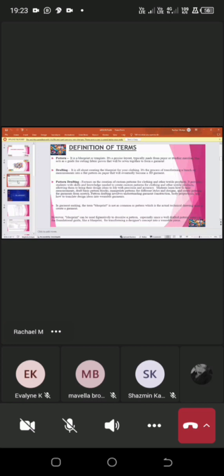Here, students are able to learn how to take measurements. The second thing is to draft pattern blocks. The third thing is to manipulate these patterns for different styles and design, and also to create patterns for garments from scratch. So generally, pattern drafting involves the understanding of garment construction, the body proportion, and how to translate these